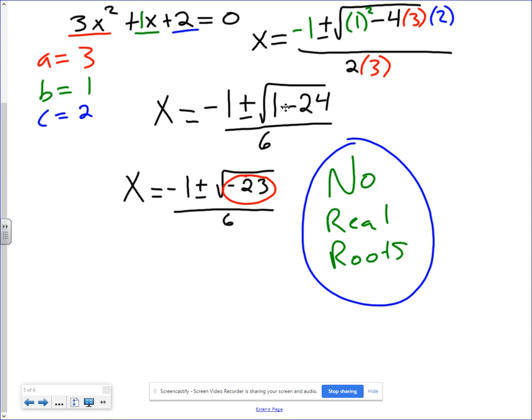So using the quadratic formula, we're able to solve any quadratic equation once we put it in standard form, and it'll guarantee us an answer, unlike factoring